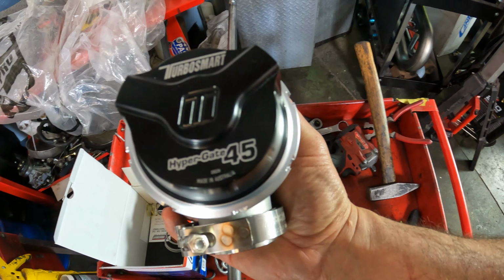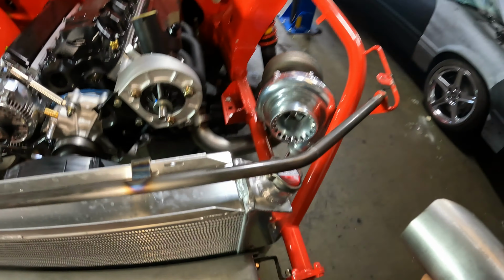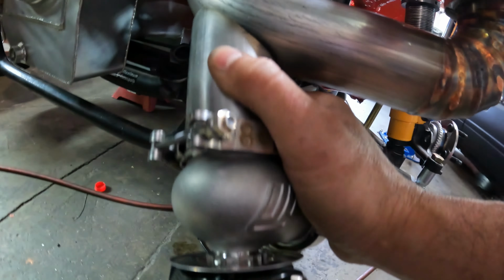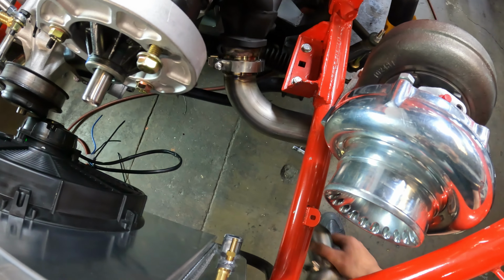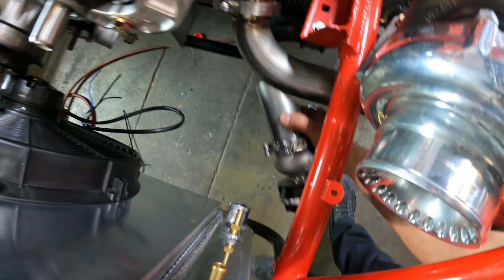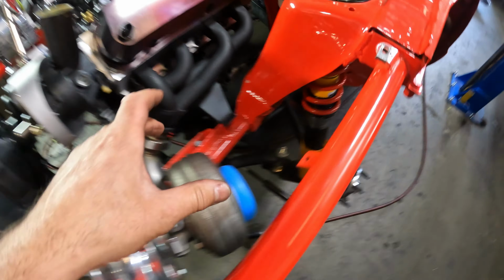The wastegates we're gonna go with are the Turbo Smart Fabricates. And here's what I'm thinking, guys. You can see, I actually got a couple of Motion Raceworks elbows, but you get the idea. It's gonna have nice wastegate priority straight out of the header. So that's next. Two little fab projects, and then of course we got to build our downpipes,